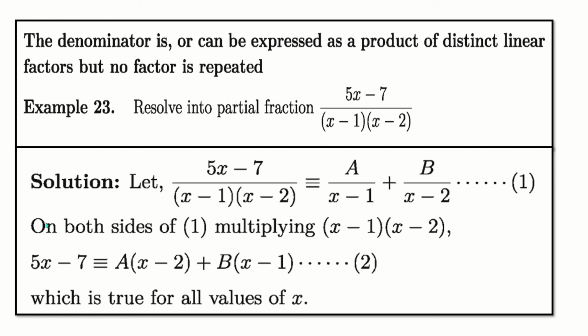But for calculating, we have to choose the value of x. As a result, we will easily get the value of B or A. So for finding the value of A, we have to vanish B. For vanishing B, when we put x equal to 1, here will be 1 - 1, that means 0, so B vanishes. So we put x equal to 1, here will be -A, and here will be -2, so A equals -2, because here is minus, here is minus. And when we want to vanish A, we have to put x equal to 2.